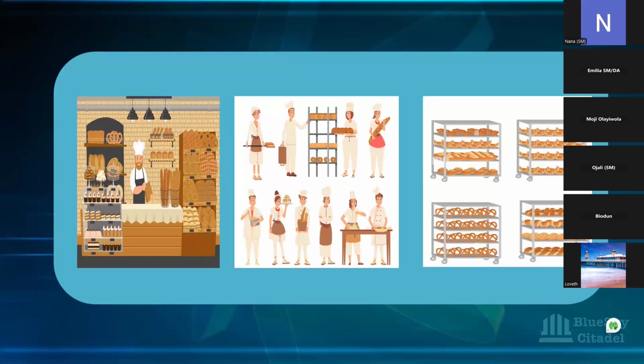Okay, so if we have a scenario where 2 staff didn't turn up for work without prior notice, they didn't tell the baker they weren't coming, they just didn't turn up because maybe they had an emergency, that reduces the output per day, doesn't it? From 20 to 16. So that means about 2 stores are not going to have delivery of pastries. Or even if the baker calculated and said, I will reduce the quantity going to all the stores so that he still delivers to all 10 stores, but less than he normally delivers to them, that affects his own